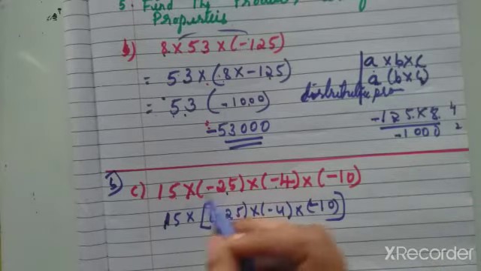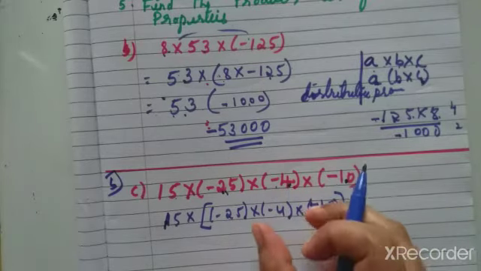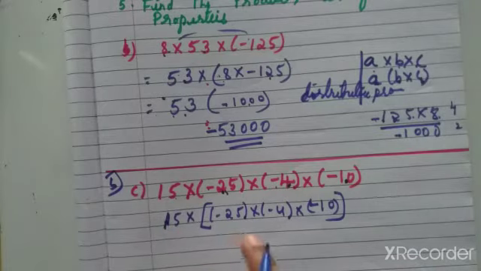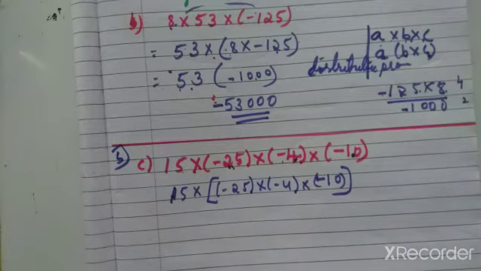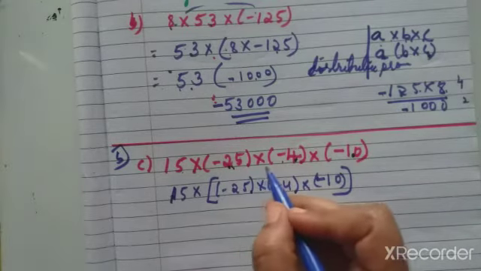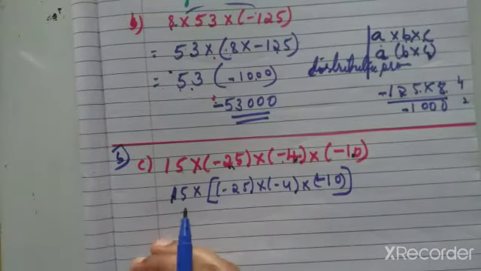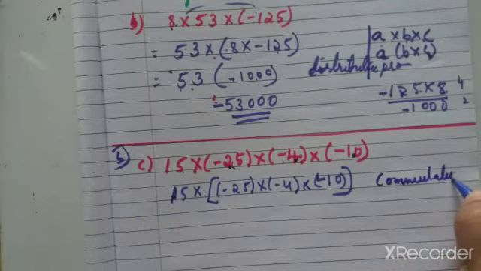If we take the thousands place, first check 25 into 4 is 100, 100 into 10 is 1000. So it is easy to calculate. So 15 into 1000 equals 1000 into 15, we can make. Commutative property means just reversing. So there is no need to write both parts, only one side we have to simplify. That is why we are simplifying these numbers. If the number is in 00 form and the last digit is 0, it is easy for multiplication. So here we are using the commutative property.